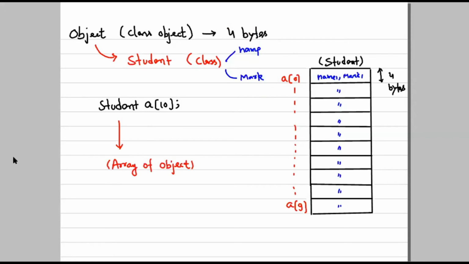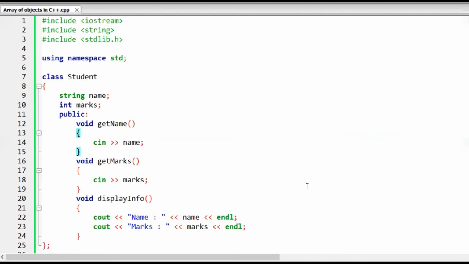So guys, this is what we have just discussed as theory, but it would be great if we can implement what we have just discussed in this lecture. So let me come to the practical part. I will write a class named student. In that I will mention this name and marks. Okay, so let me write. So guys, this is the student class, what we have just discussed. In that we have name and marks.